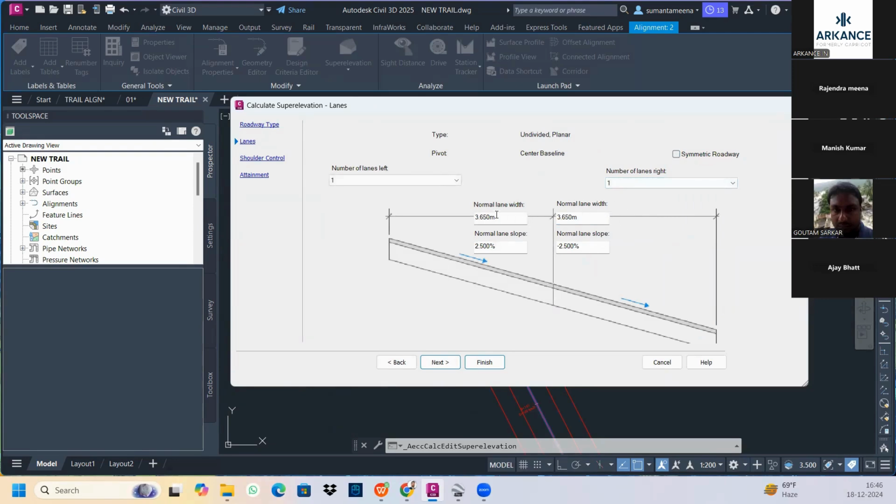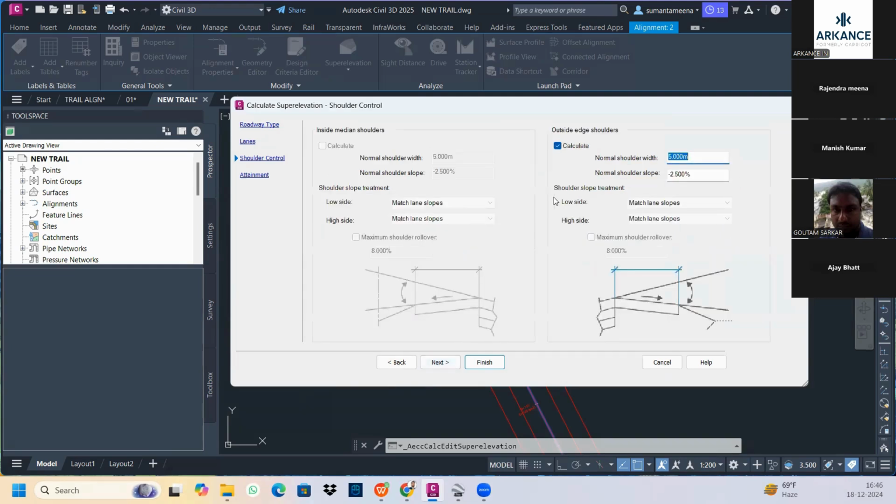ठीक है। तो अगर आपकी लेंथ सिमेट्रिक है, 3.5 और 3.5 है, तो आप सिमेट्रिक ले सकते हैं। अगर डिफरेंट है तो आप डिफरेंट लेंगे। तो मैं यहाँ पे अगर 3.5 में इसको ले लेता हूँ। ठीक है। आपका नॉर्मल क्राउन क्या रहेगा? लेफ्ट साइड में -2.5 और दिस साइड ऑल्सो 2.5।